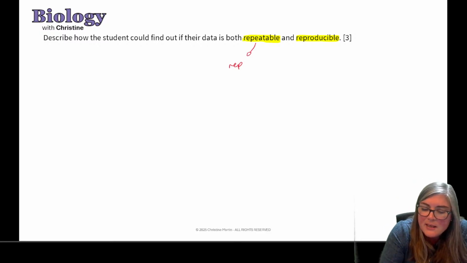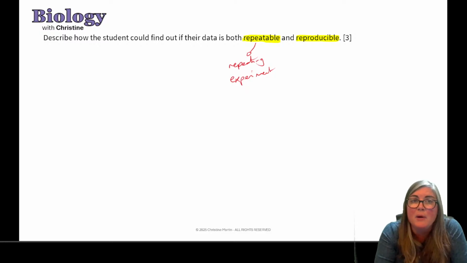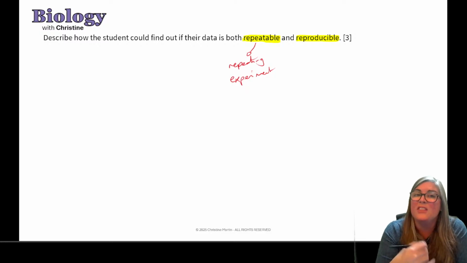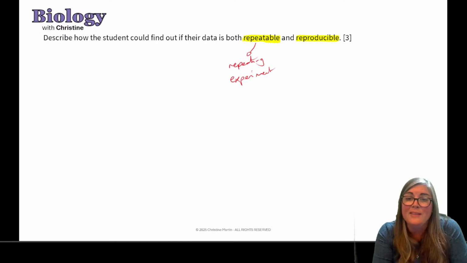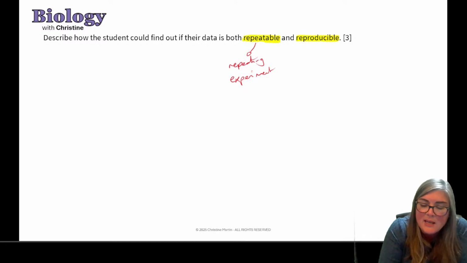You are repeating the experiment and getting the same results. So it's important that you repeat the experiment and you will hopefully get the same results. But by repeating it, you can identify